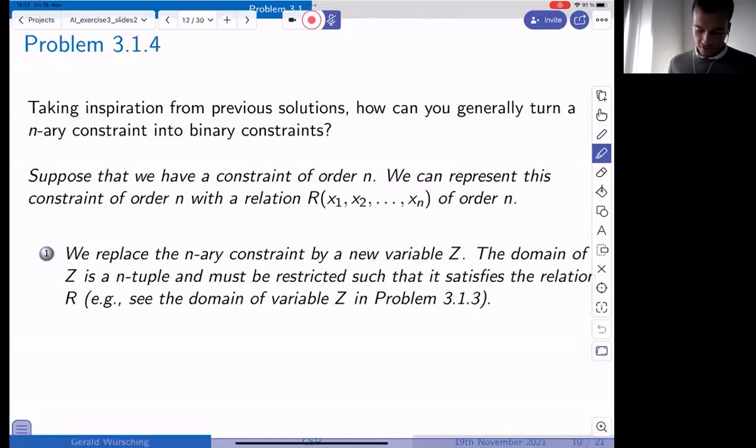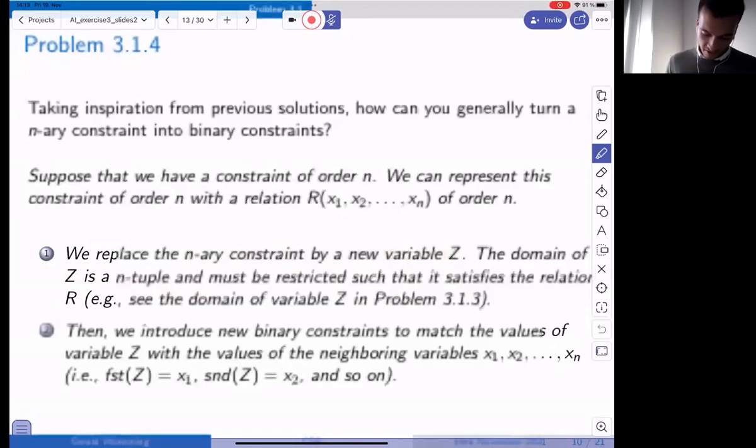Now what we can do is replace the n-ary constraint by a new variable. And what's important is that the domain of this variable z is an n-tuple. So it has to be a tuple of the same order as our constraint was. Then we can restrict this domain like we did in problem 3.1.3.